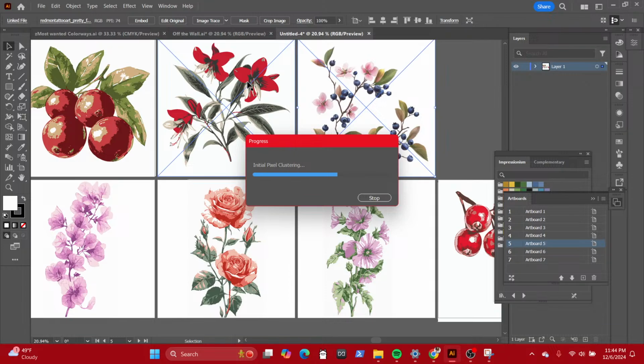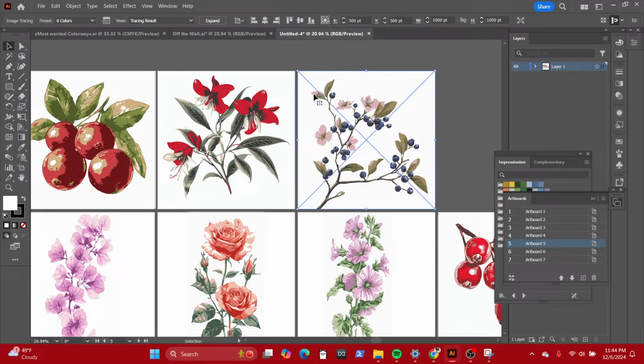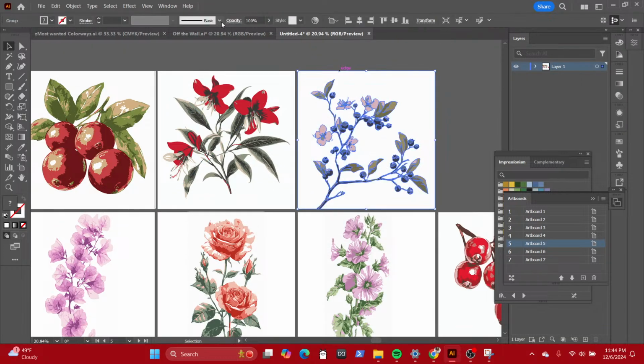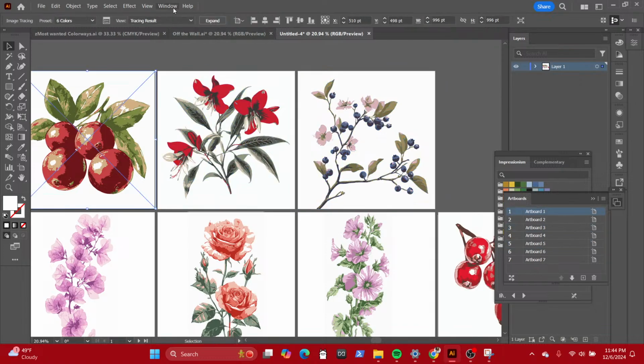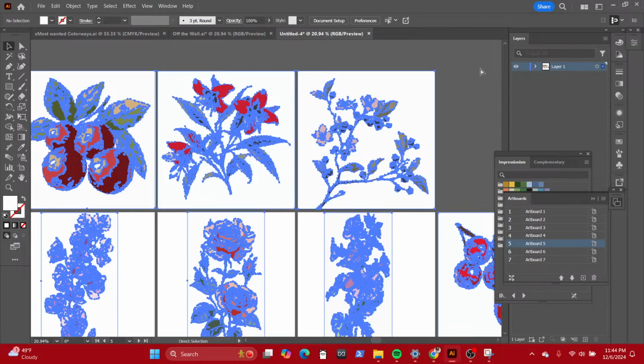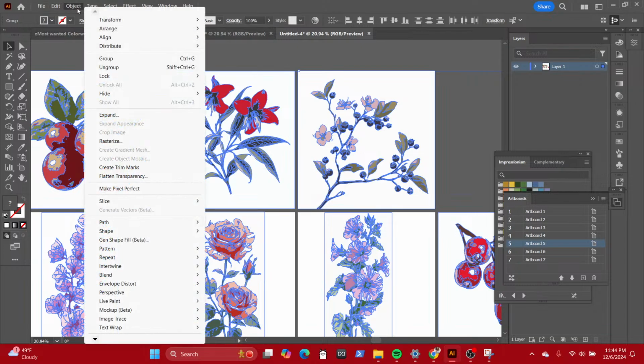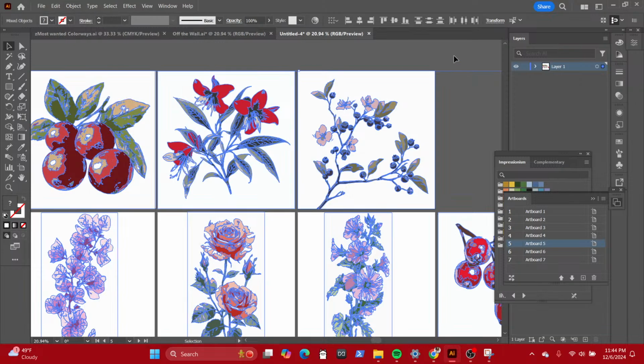expand on it so I can take away, so I can actually vector it, because it's still all one image, right? Yeah, it's cool. So expand, expand, expand. Again, we're gonna expand for all the different layers, for all the artworks, and then from there, just do copy all, and then do ungroup. So if you go over here, you can see the tool. To ungroup, Control Shift G just does it automatically.